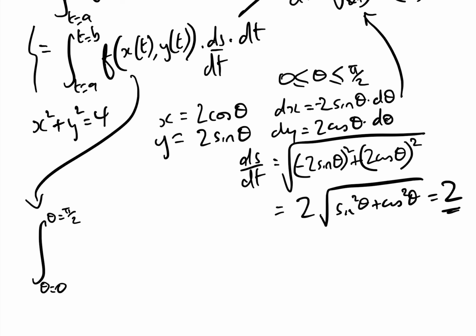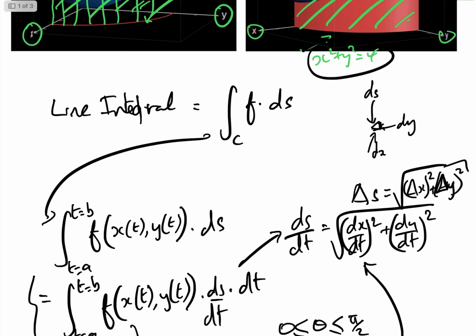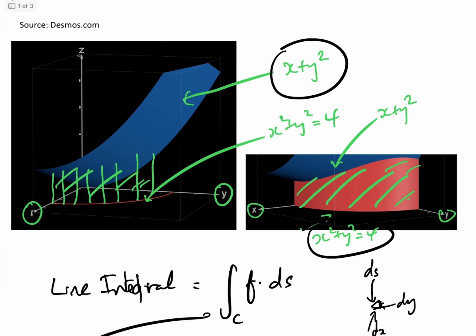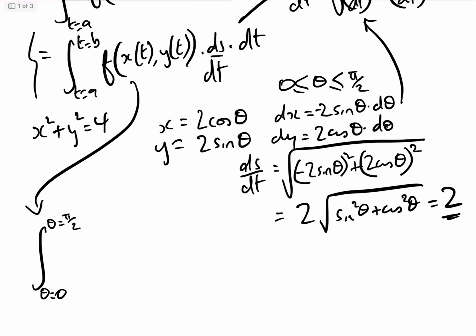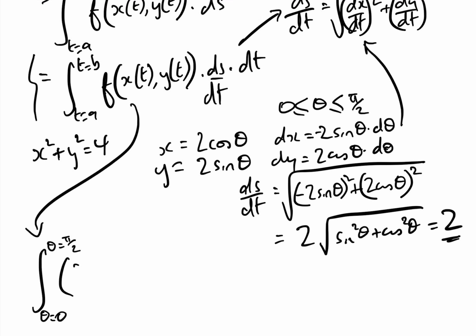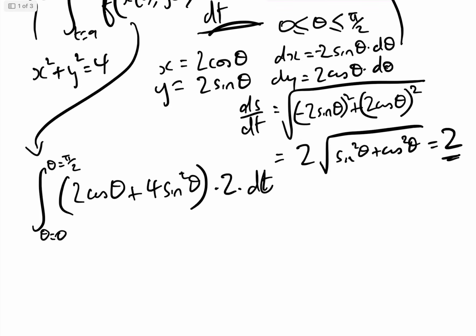And so basically bringing this down here now, we have the integral between theta equals 0 and theta equals pi over 2 of f(x(t), y(t)). Well, f, if we remember, is x plus y squared, and we know that x is 2 cos theta, that's 2 cos theta add y squared, which is 4 sine squared theta, times ds/dt, which we've already worked out is 2, times d theta. All we need to do now is to evaluate this, taking the 4 out. That equals 4 times the integral for theta between 0 and pi over 2 of cos theta add 2